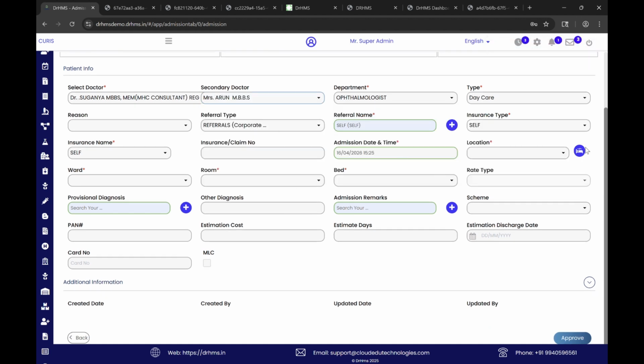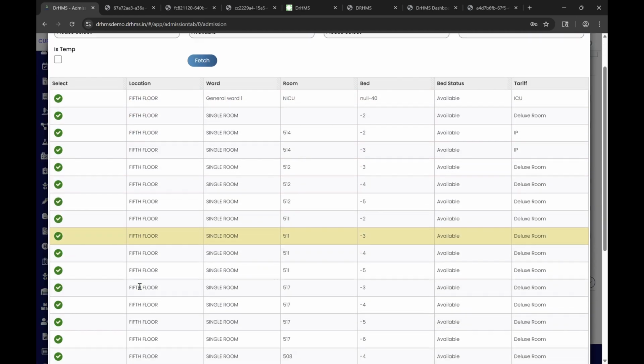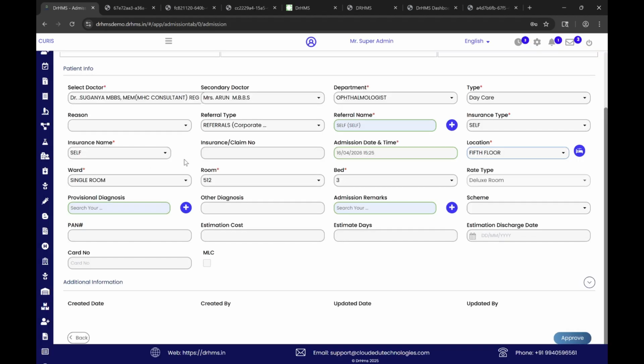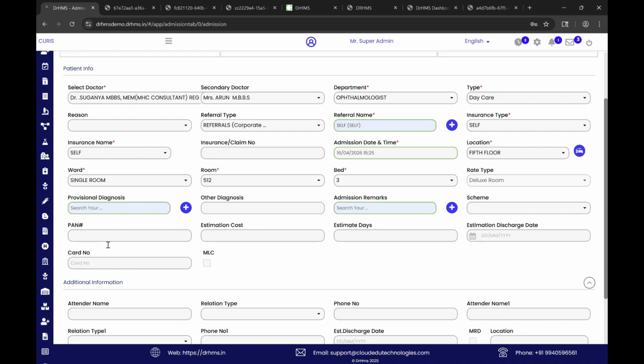So I can choose which ward you are going to admit to. I choose the ward through the bedboard. There are insurance and claim details also captured, and based on the insurance, the rate type will be different, because every hospital has different ones. And if it is more than 2 lakhs, under Indian law we have to get the PAN number. And this is the estimation cost, because when you counsel the patient attender, they can have the estimation cost and estimation days. They will also alert